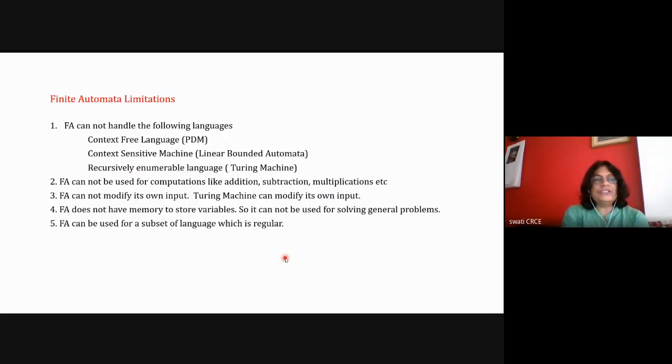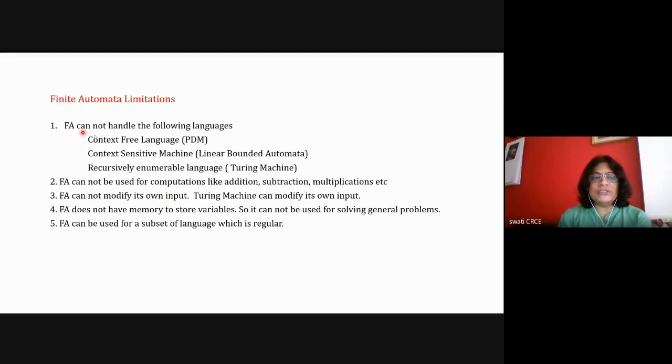Now, what are the limitations of finite state automata? It is very important to understand the limitations of finite automata, because slowly we are moving to the next machine. After this I need some lectures for DFA with output symbols, and then we go to the next topic, so for that we are creating the background. Whatever the limitations of FA are removed in the next machine. So what are the limitations of the finite state machine?